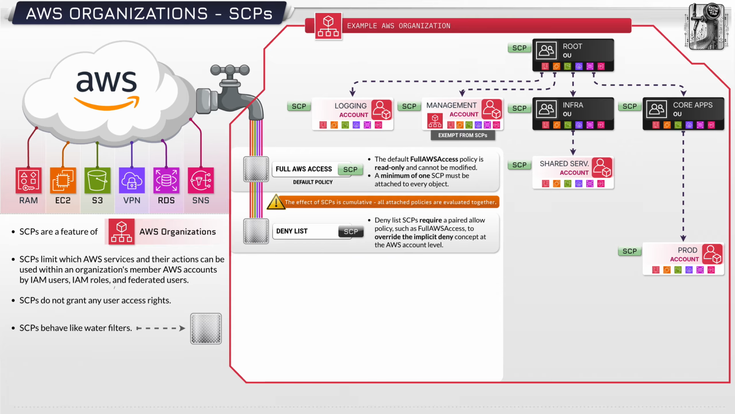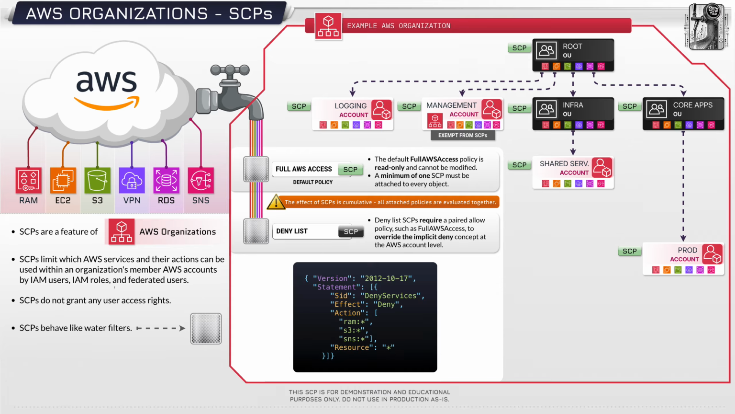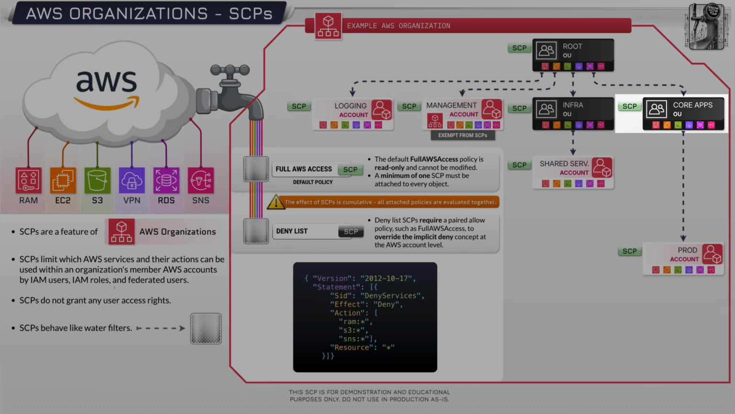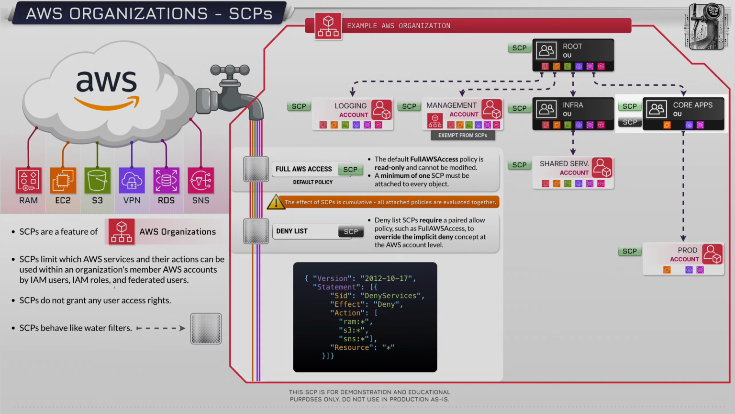Let's try a third example. In this case, we're going to apply the following SCP to the core apps OU, where we're specifically blocking the RAM, S3, and the SNS services. Hopefully this all makes sense now, so let's go ahead and move on to the next concept, which is the